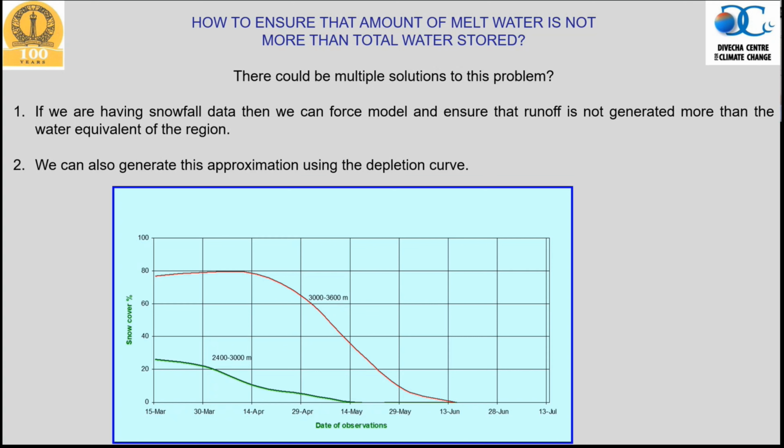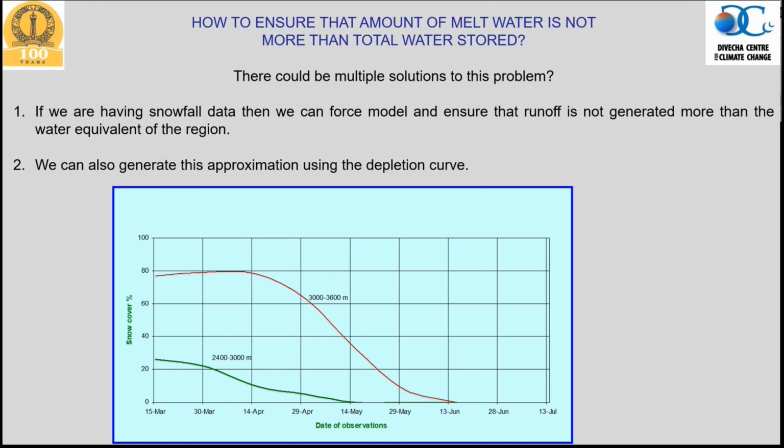That means what you can see here is the altitude range between 2,400 to 3,000, and the altitude range between 3,000 to 3,600. Here the melt starts in the middle of April, but here the melt starts only in the middle of March, and by the time of middle of May, it is completely over. This region is not contributing, and the region on top is contributing from the middle of April to the end